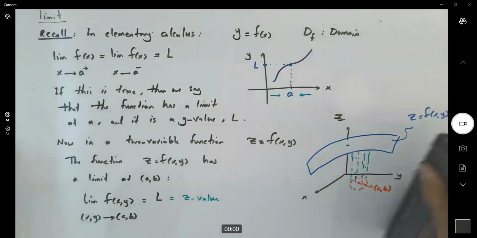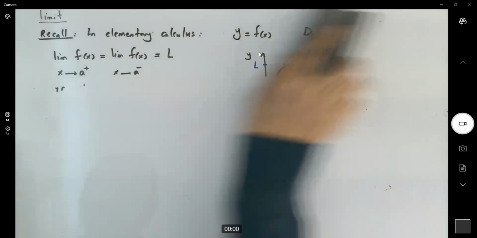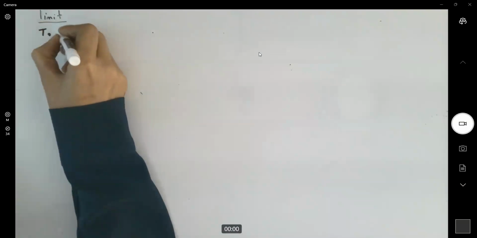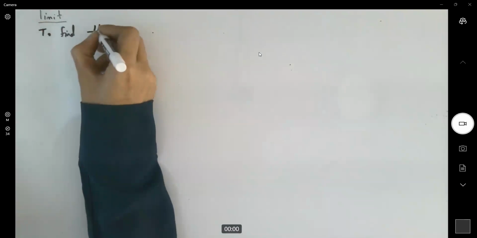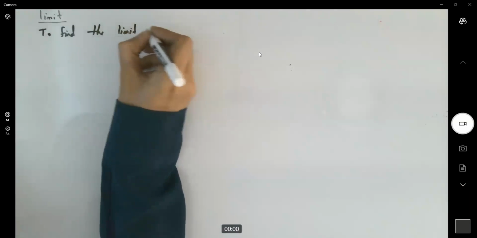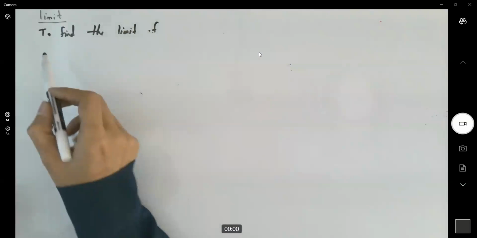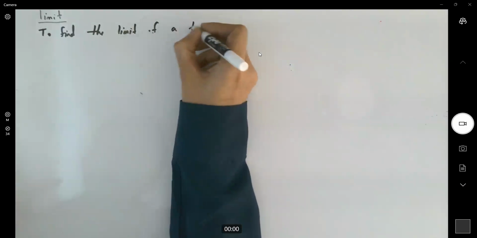So sometimes we have well-behaved functions. Some other times, they are not so much well-behaved. To find the limit, our focus is on, for now, two variable functions. To find the limit of a two variable